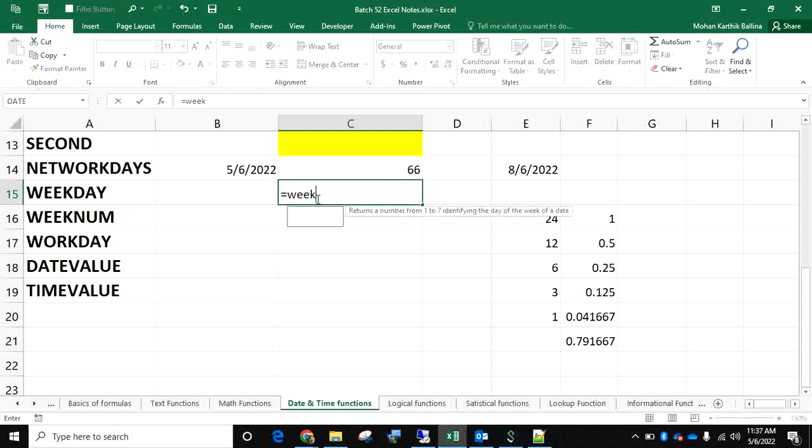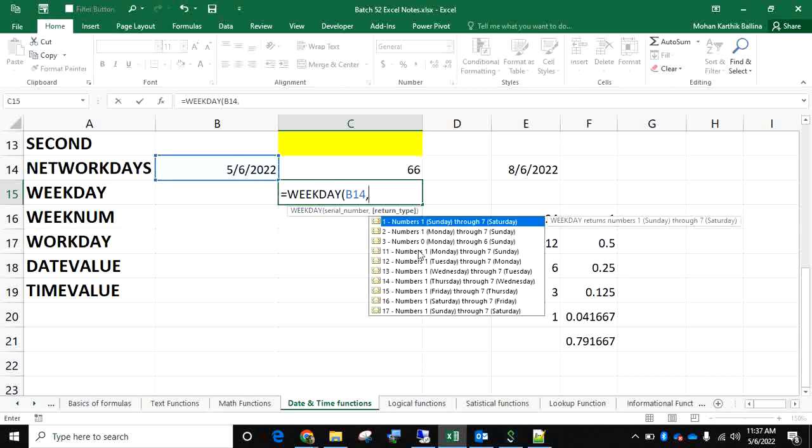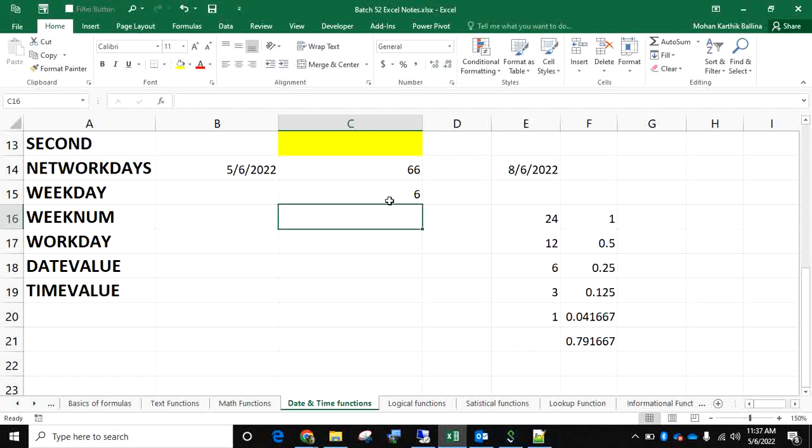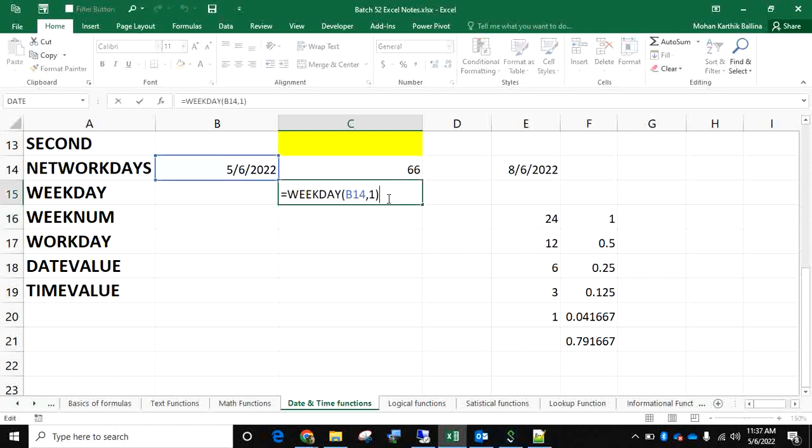Next, weekday. So generally we'll give the dates. See, 1 to 7, Sunday is 1, Monday 2, Saturday 3, Friday 4, something like that. So you can check that, and today is Friday, which is 5. Just give a number. Okay, our week starts from